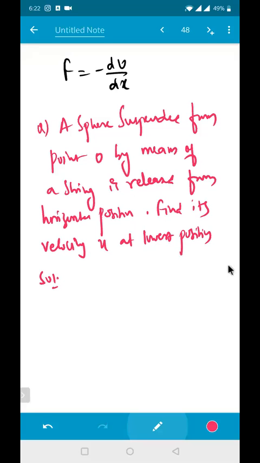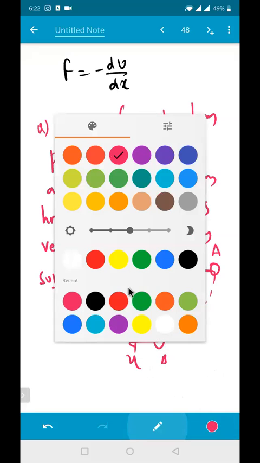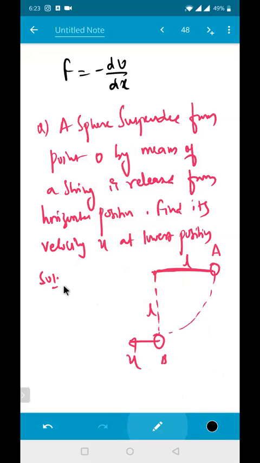We have a sphere, say this is a fixed point, and here is your spherical body, and it is released so that it will come to the vertical position somewhere here. This is the length here. So this is your L, and it is making a path like this and coming. When it reaches point B, it has a velocity. Now tell me, what will be the velocity at the lowest position? Apply the work energy theorem. Work done by all the forces, work done by gravity plus work done by tension in the string, must be equal to the change in kinetic energy.